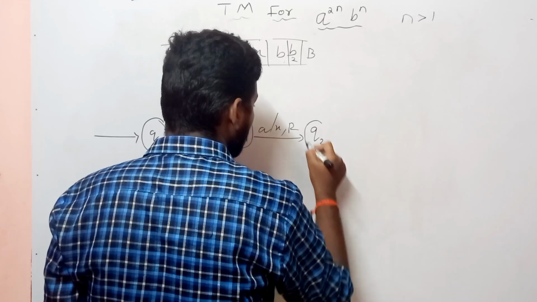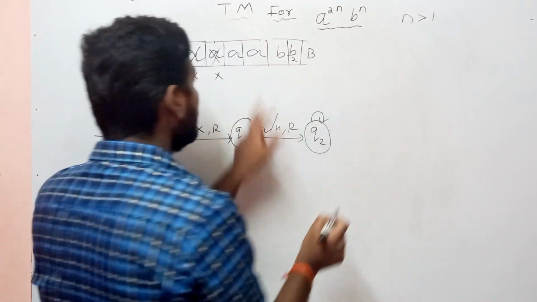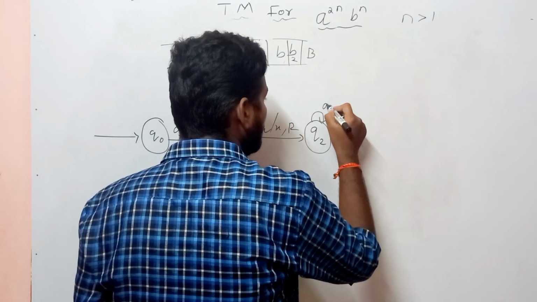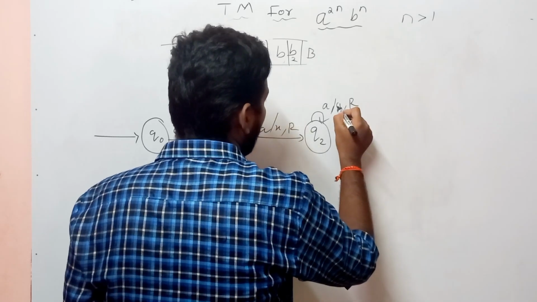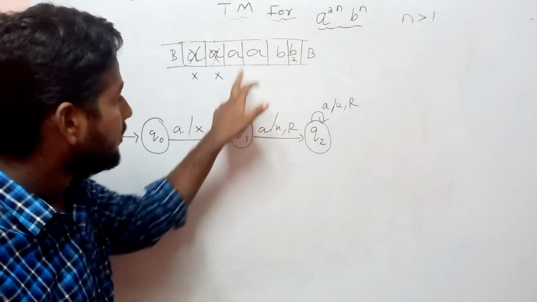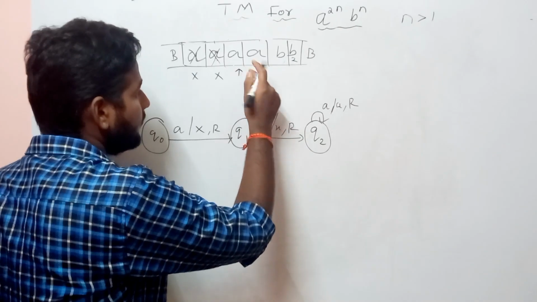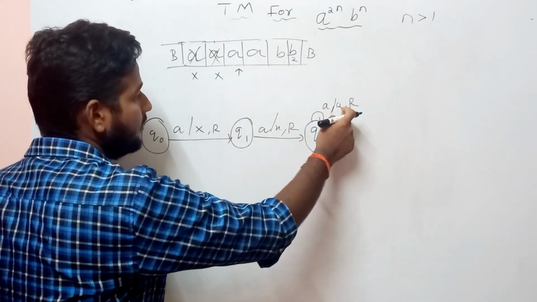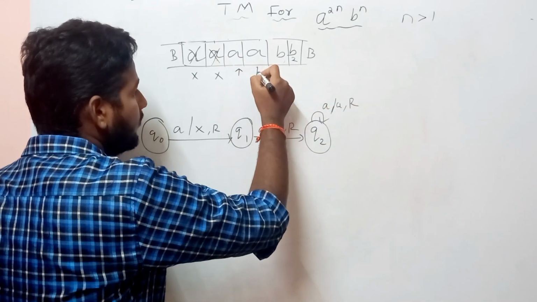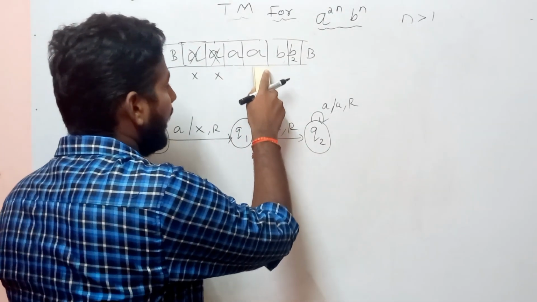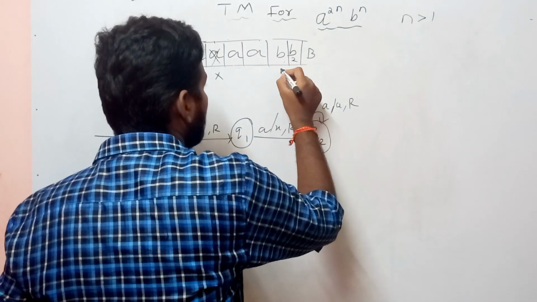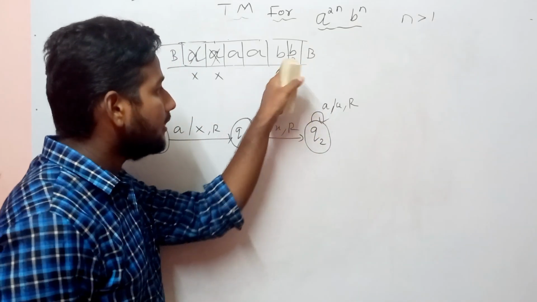The state is q2. We ignore these a's by putting a self loop, a as a, direction R. The pointer is here. First this a is ignored and we move right. Now the pointer is here. This a is also ignored and we move right. Now the pointer is here. Whenever we read the first b,